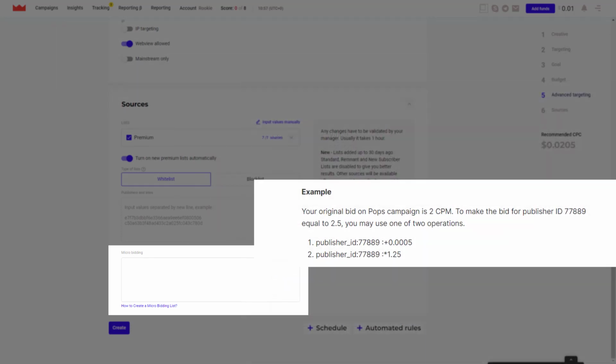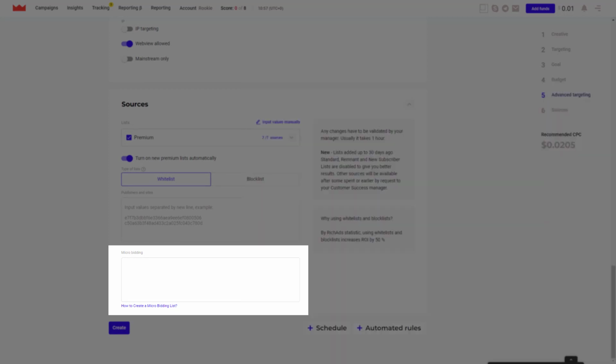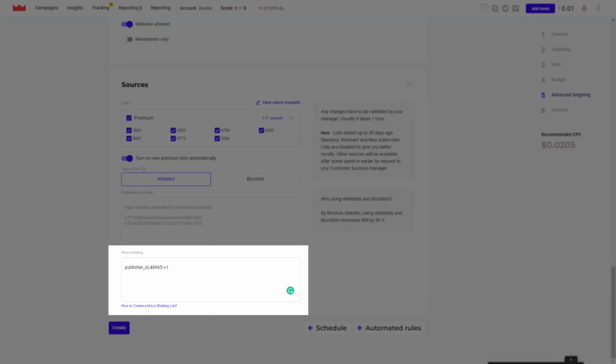So for example, your original bid on a pop campaign is 2 CPM. To make the bid for publisher ID 77889 equal to 2.5, you may use one of two operations that you can choose from below, and paste it in this section. Next up,